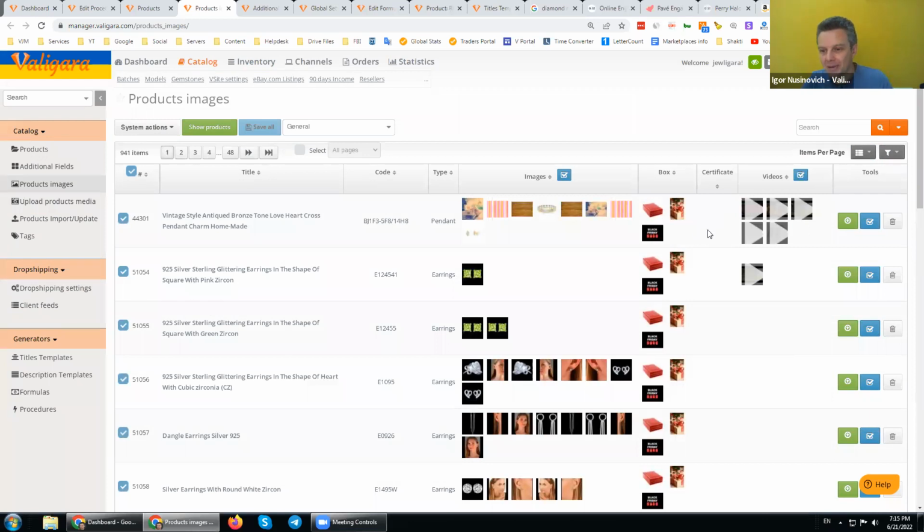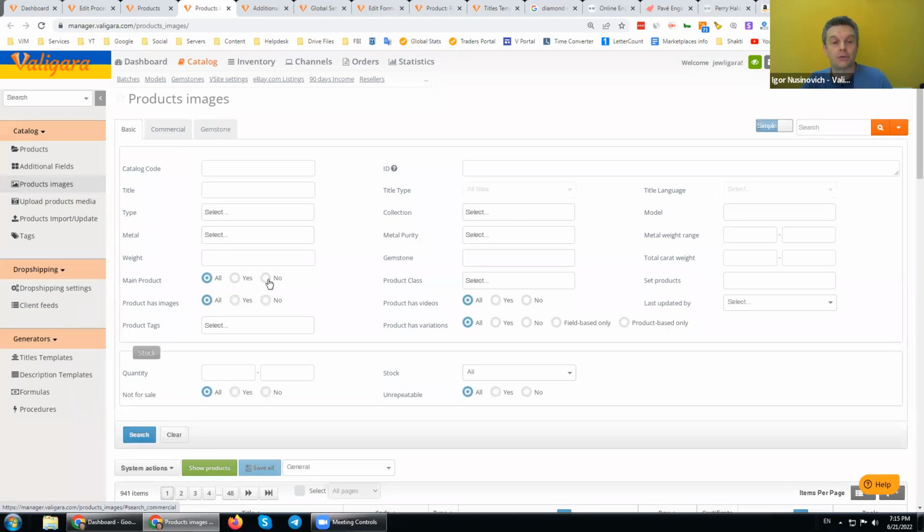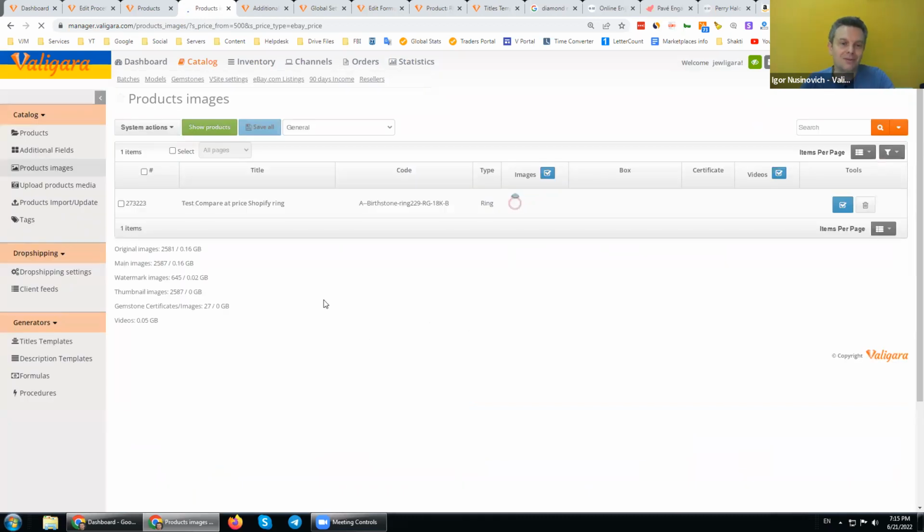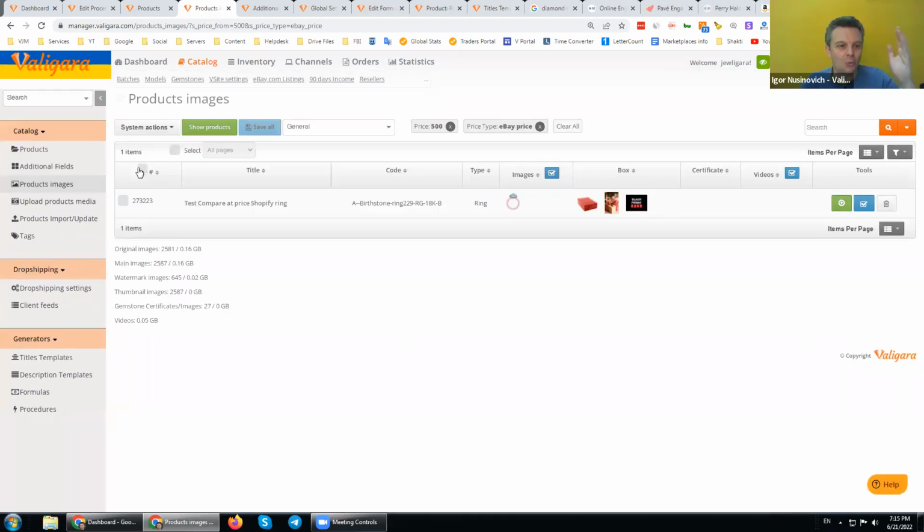Because if I can quickly take all my necklaces or all my items, for example, all my items with a price above 500 on my eBay price, I want to search these items and add some promotional image to this item.